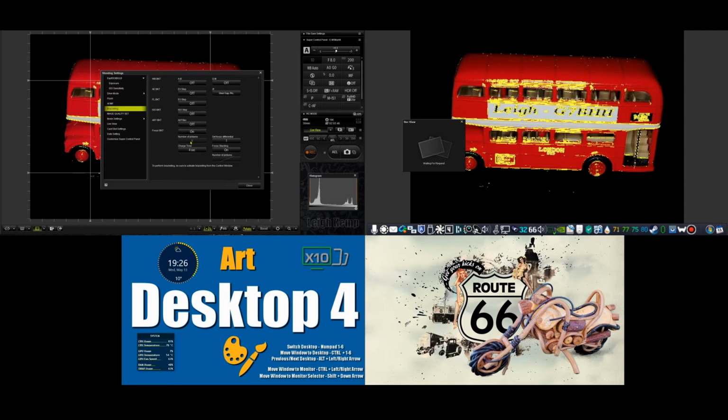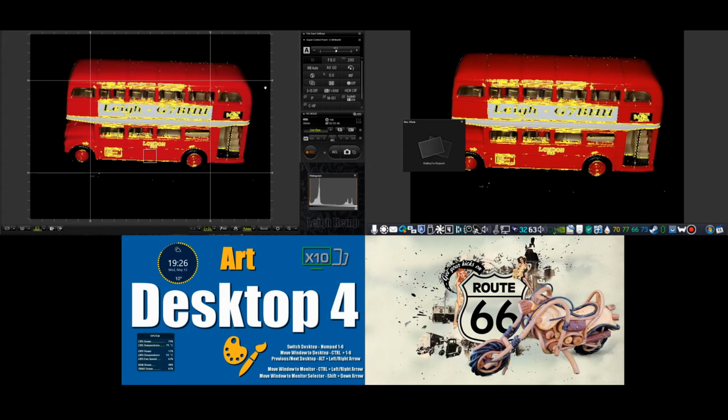It's going to take 8 pictures with what they call a focus differential of 1. The flash recharge time here is irrelevant because I'm not actually using flash, but that is the recharge time between exposures to allow the flash to charge back up again. And the focus stacking option is on, so it's going to stack all of them together into one image. It's the focus stacked image. But you can see there's lots of other things we can change in here. So I'll close that off. So I take the pictures, and